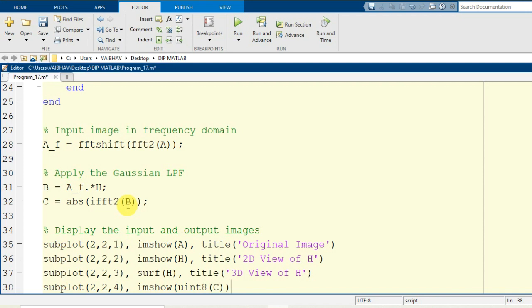Otherwise you will see a complete black or a complete white screen. So that is uint8, and the title will be image after Gaussian low pass filter, which I abbreviate as LPF.